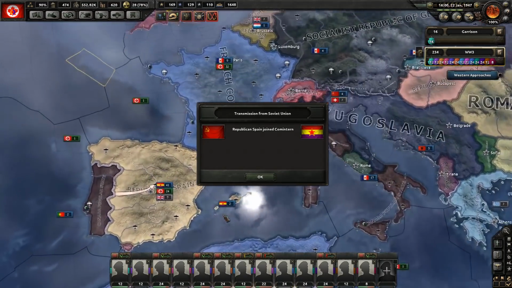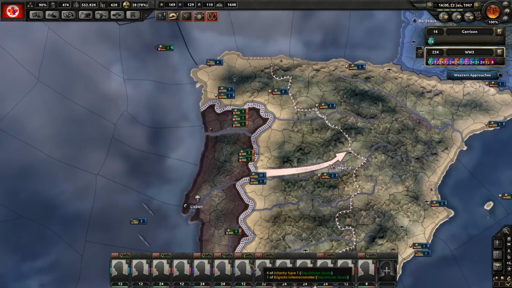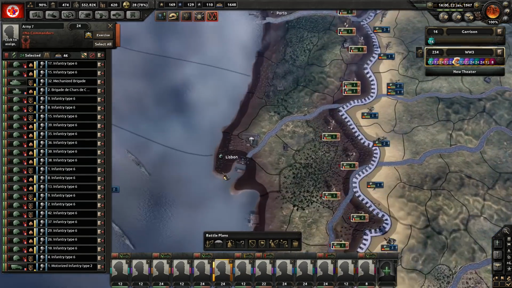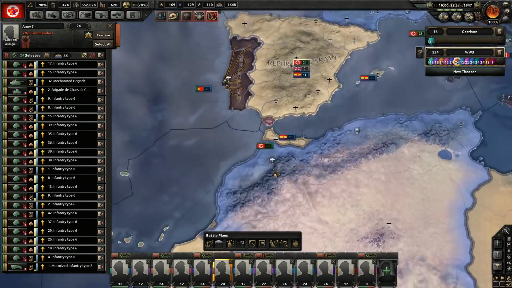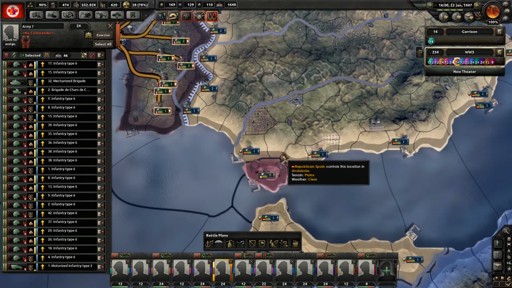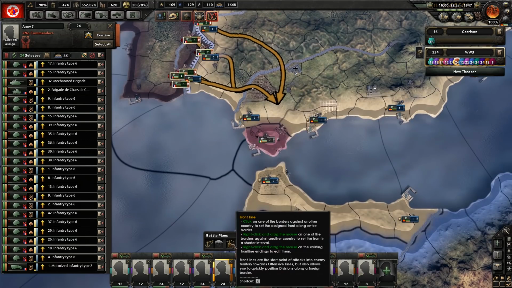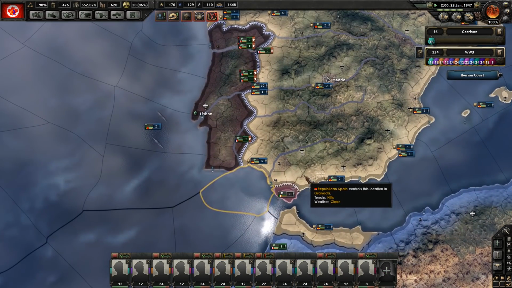Republic of Spain joined common turn. Oh. Don't have to worry about them then. Afghanistan. Right, well, that means I'm going to have to start redeploying my units. Hi. Get out of there. Go back to Lisbon. We'll need to invade here. I can just move through your land, can't I? Yeah. Done. It's a lot of units for that one front, but...